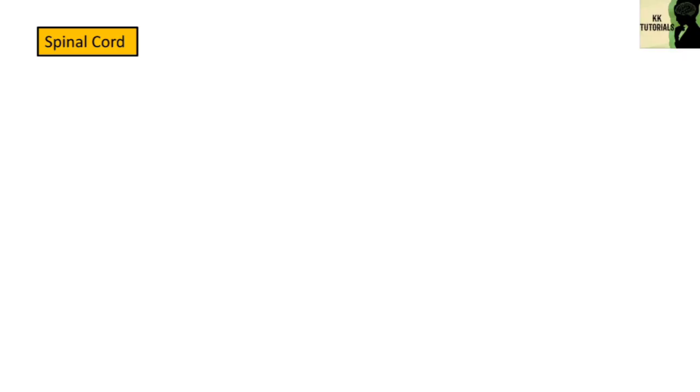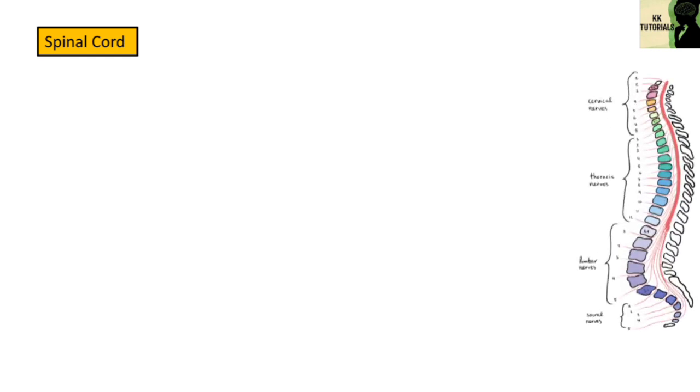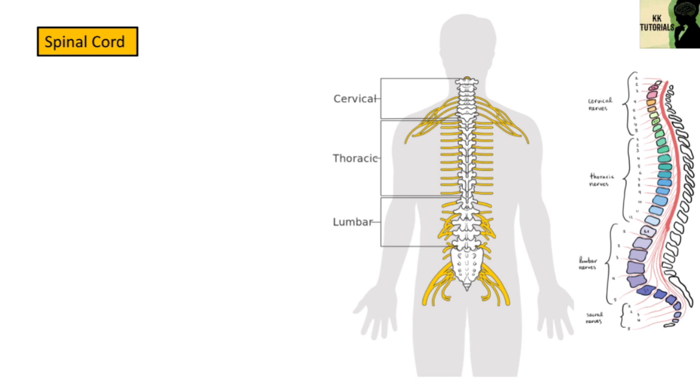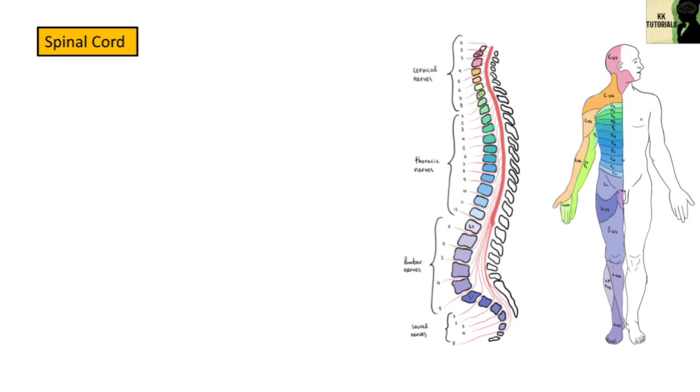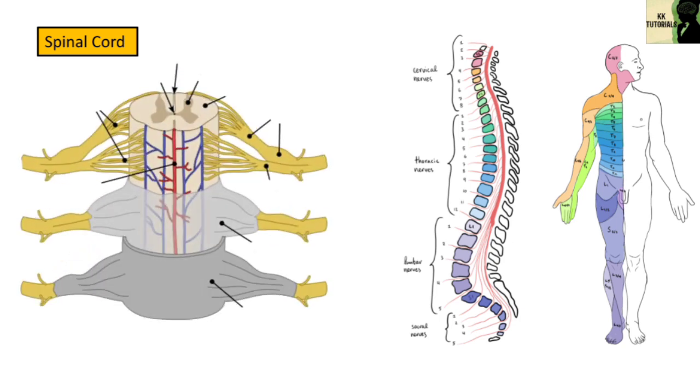Moving towards another part of CNS, that is spinal cord. The spinal cord is a long, thin tubular structure made up of nervous tissue, which extends from the medulla oblongata in the brainstem to the lumbar region of the vertebral column. Spinal cord forms the lower extension of the medulla oblongata of the brain. Like brain, it is protected by bony coverings and meninges. It lies within the neural canal of vertebral column and is surrounded by meninges as discussed earlier: dura mater, arachnoid mater, and pia mater.